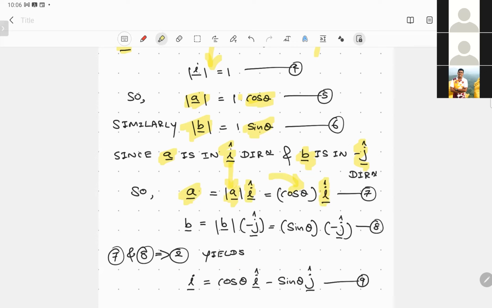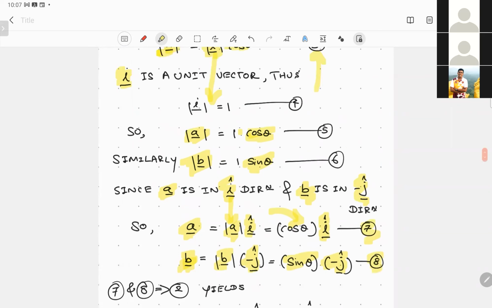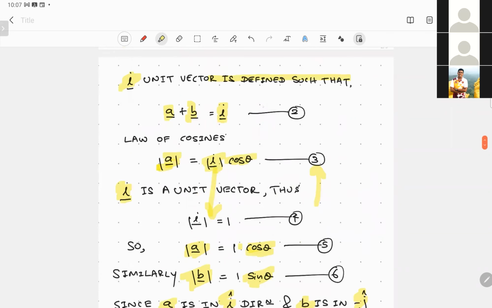Similarly, B vector is now in the opposite direction of the j hat vector. When you multiply the magnitude of B with the unit vector, you end up getting the B vector. So we know B is equal to sine theta, and you end up getting sine theta times minus j hat. Now substitute equations 7 and 8 back into equation number 2,